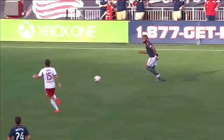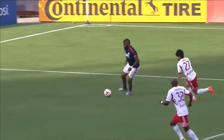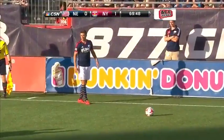My goodness, Andrew. There's a wonderful little give and go. Nice little roll out by Kellen Rowe. A little bit fortunate, gets the ball there from Kimura. He had to shoot. He had to shoot. I suppose he did, but it was a...